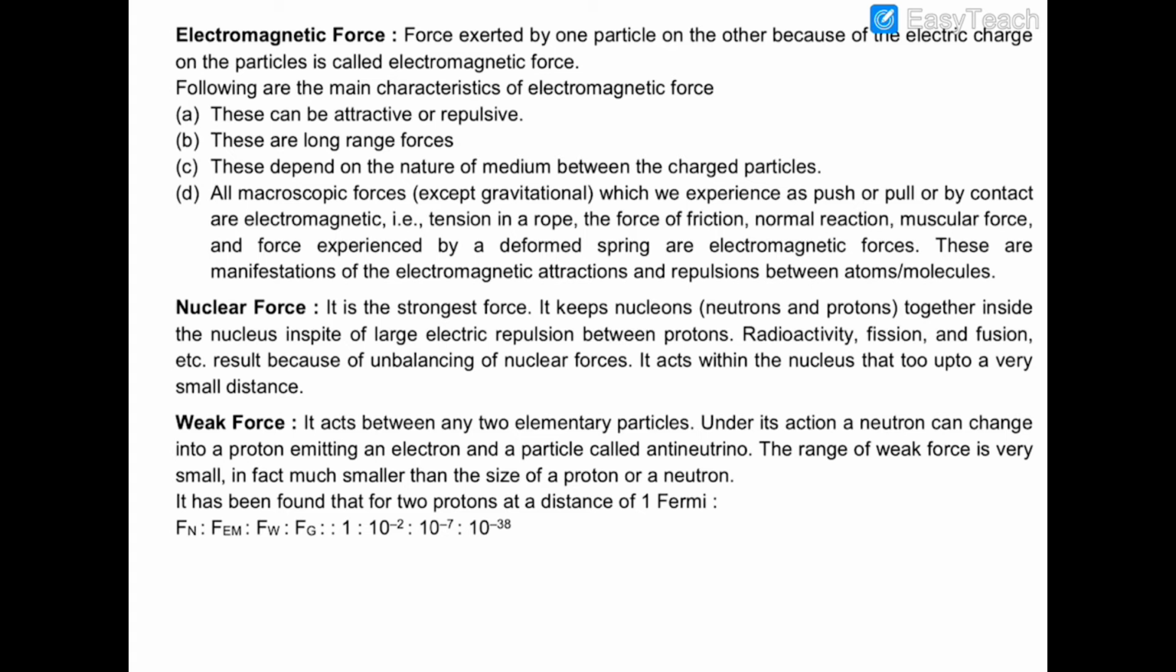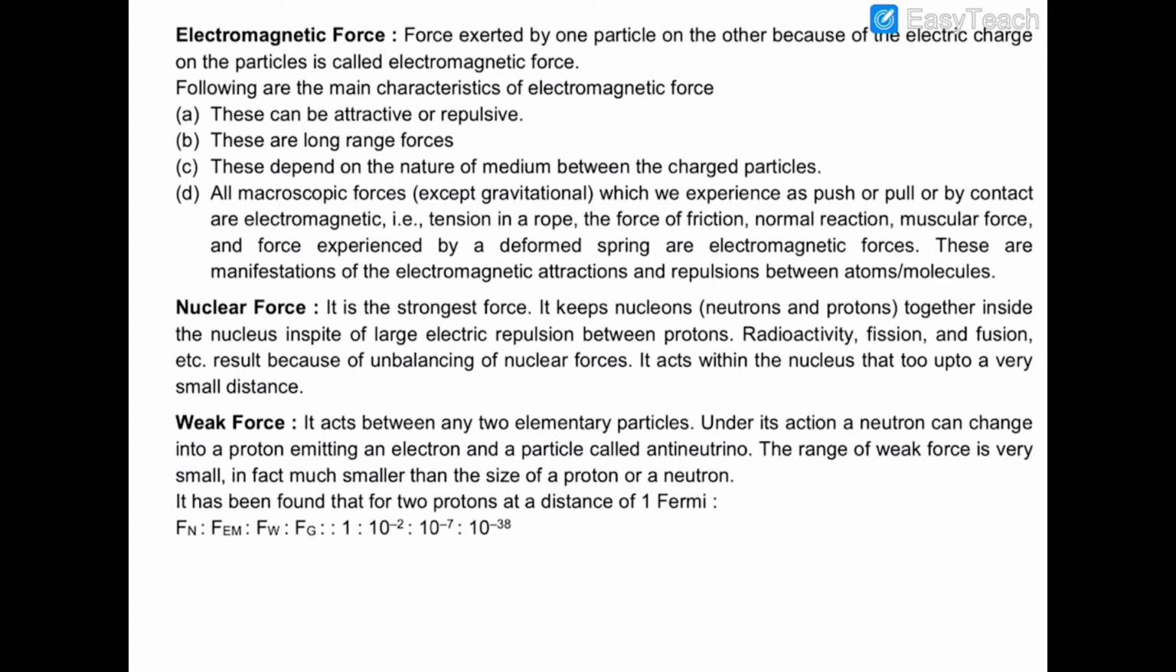Another important thing is that these forces are very short range forces, which means they act only when the distance between the nucleons is very small. In fact, it should be about 10 to the power minus 15 to 10 to the power minus 18. And the other force, the weak force, is the interaction between any two elementary particles,